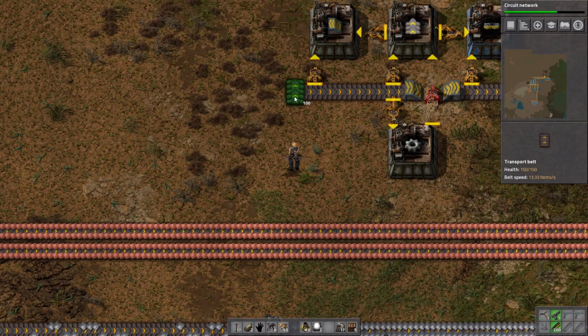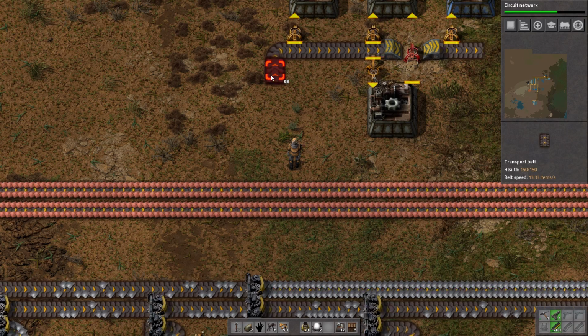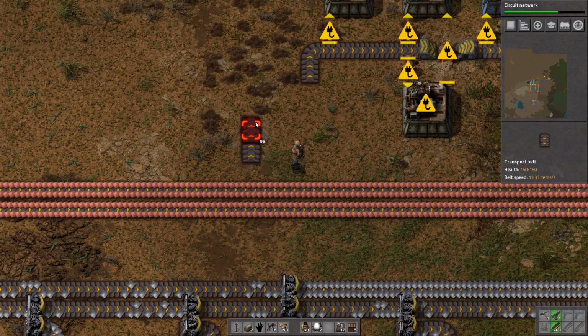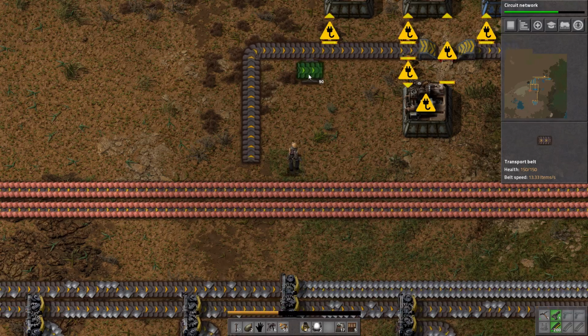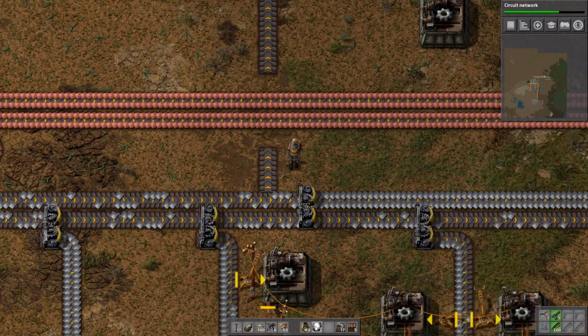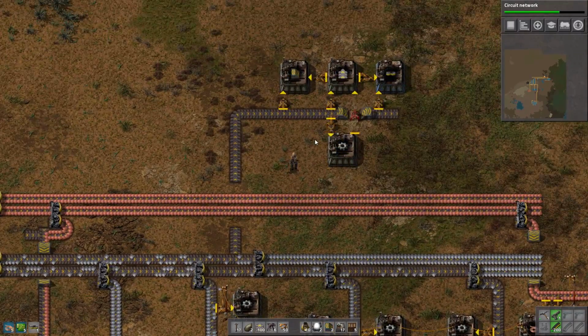It'll be a little bit easier that way. And this can just come... Well, actually, we'll run it back from over here instead, so it gets a little bit of a higher priority on the iron. There we are. Going to need another underground belt and another splitter, and that will be the last underground belt